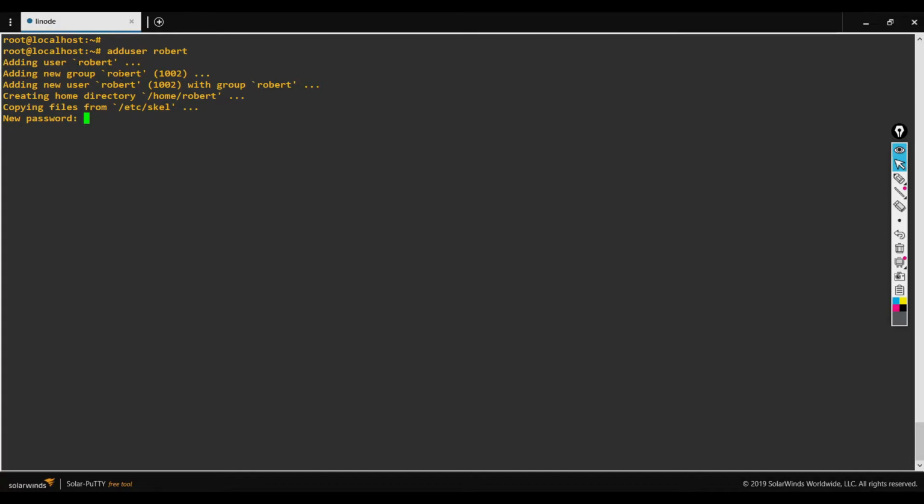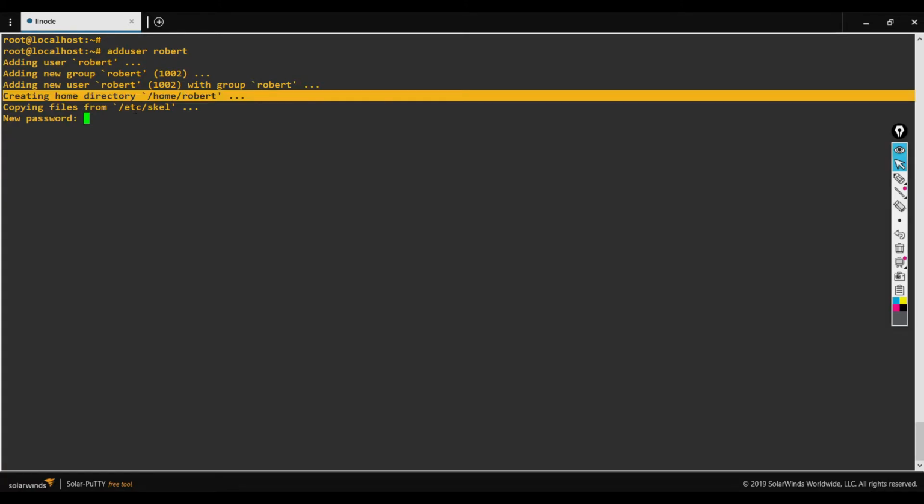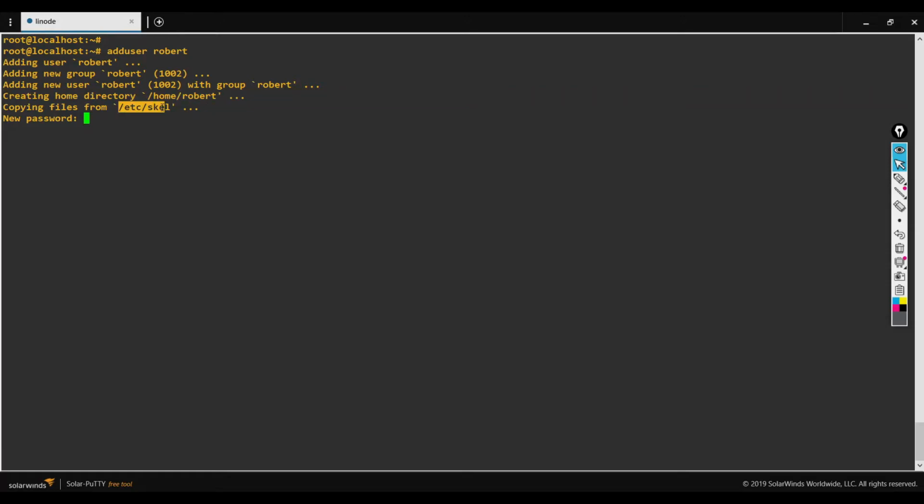So we can see the group called Robert has been created when we use this command. And it is also asking me the password. It also creates the home directory of the user and copies all these files into this directory.